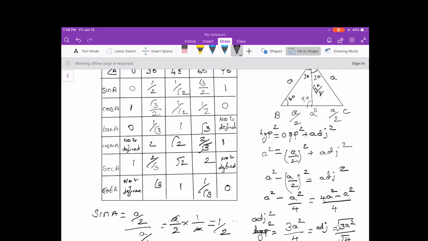Now you can understand this table. This is just for your understanding. This is not necessary for you. If you remember this table, it will be fine for you. I'm giving this idea only to show how we got this table. You're not going to do all this in the exam. If you know these values, you can directly apply them. This table is not that tough to understand.